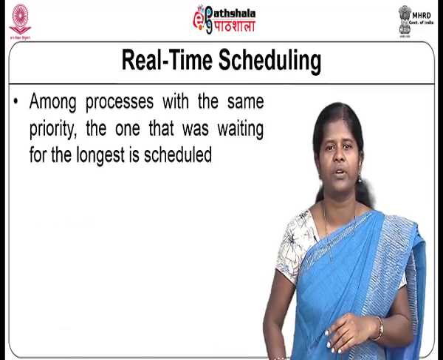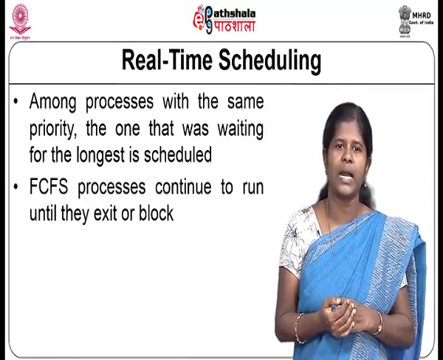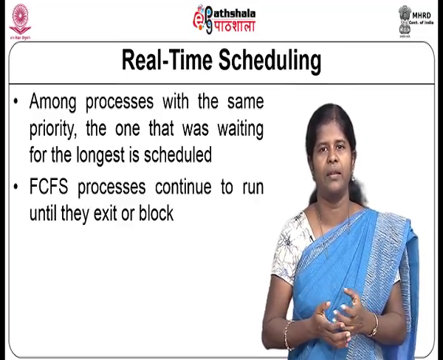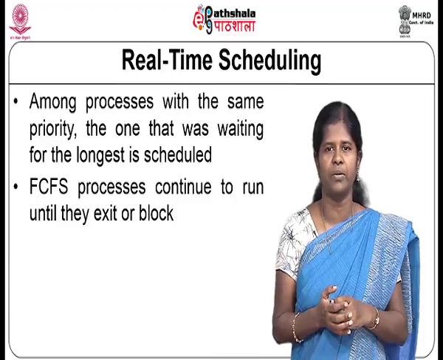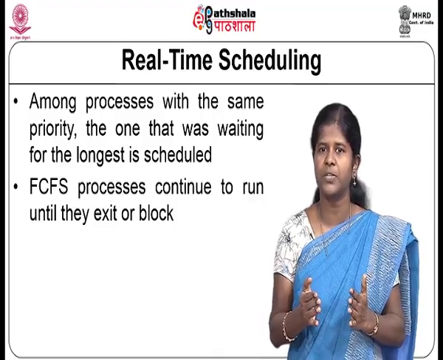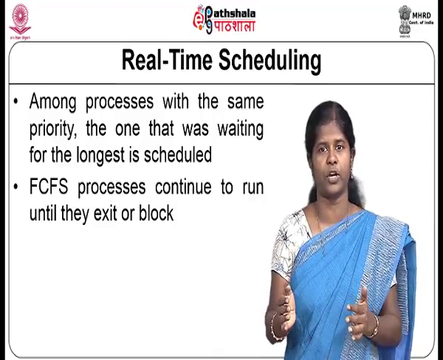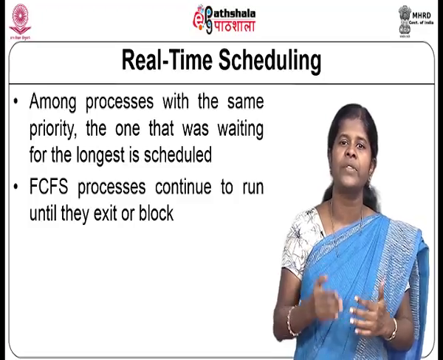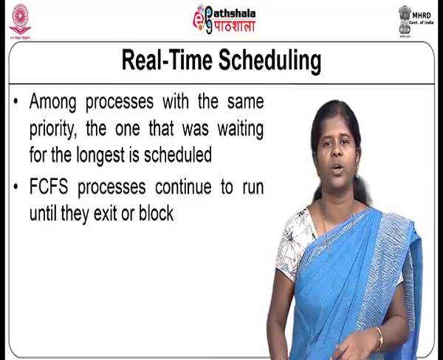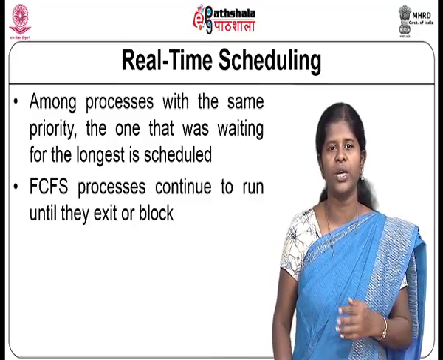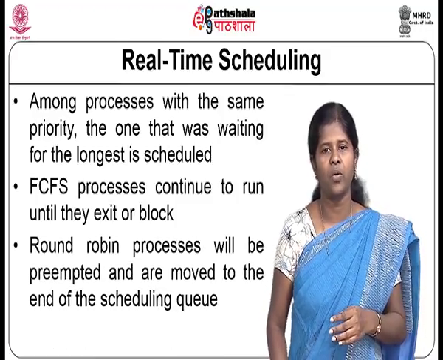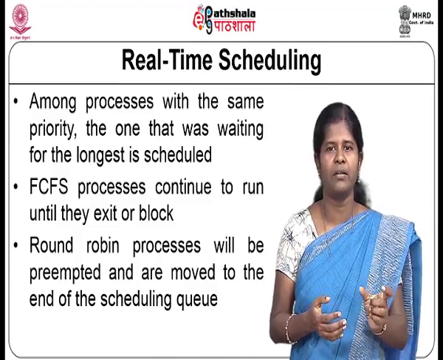But in the case of round robin, a process will be given some amount of time, it will use the CPU only for that duration, and then it relinquishes the CPU. Suppose you have many real time processes waiting with the same priority, then the one that was waiting for the longest amount of time will be given the CPU. So, as I told you, FCFS processes continue to run until they exit or they block, but round robin processes will be given some